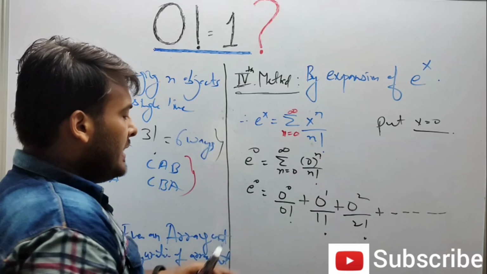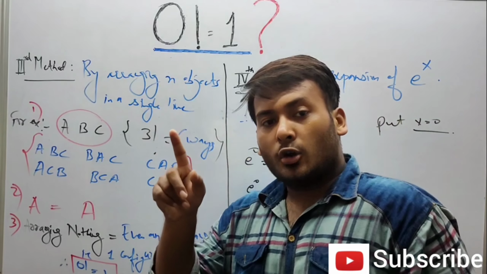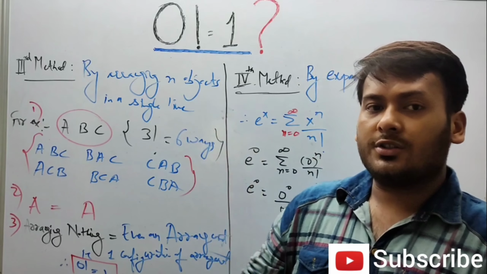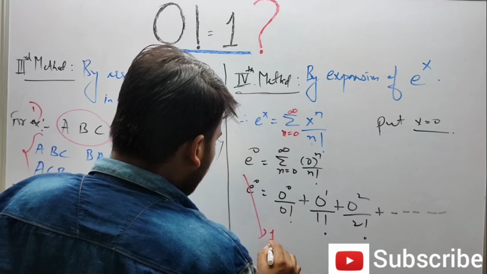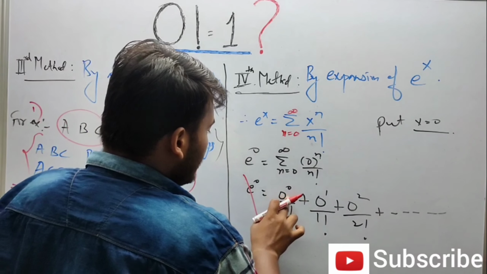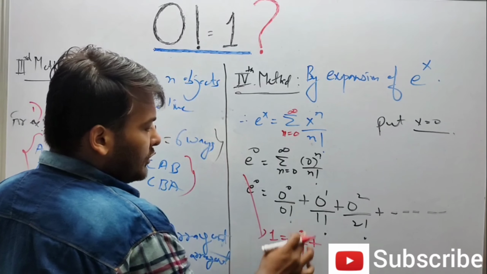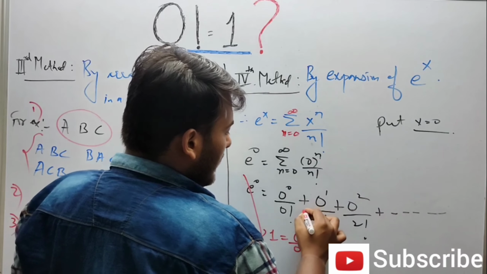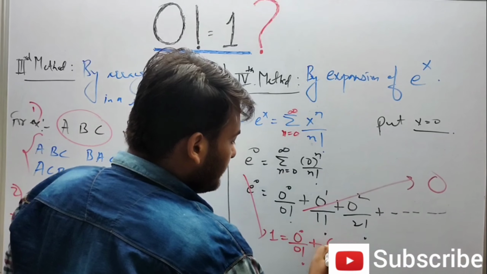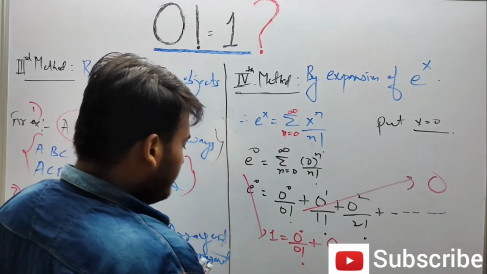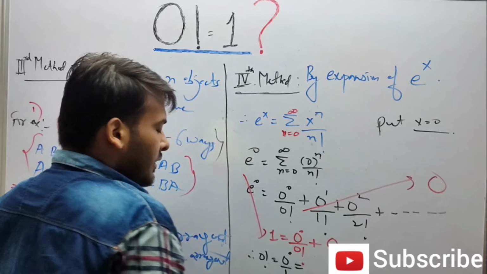You know, e to the power 0. In the last video, I talked about any non-zero real number to the power 0 equal to 1. If you still did not watch the video, please do watch it. Alright, e to the power 0 equal to 1. Now 0 to the power 0 upon 0 factorial. You know, 0 to the power 1 is 0, 0 to the power 2 is 0. That means all the other terms on the right hand side will be 0. Now we have to find 0 factorial. So 0 factorial is equal to 0 to the power 0 divided by 1.